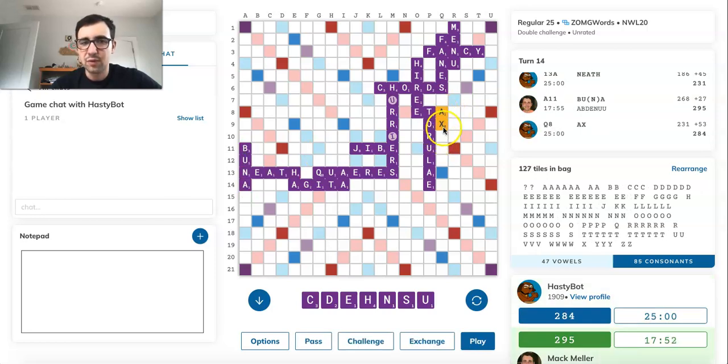Alright, he plays Axe for 53. We have Dunches. Does it play? Yeah, it'll play next to Terule. Is it the best play? Oh, no, it's not. I have